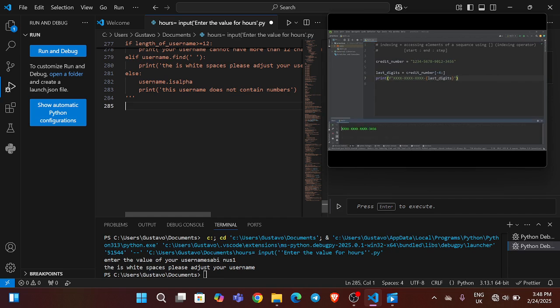Alright, and here's our credit card number, where only the last 4 digits are visible. Hey, you know what? Let's add one more exercise. Let's reverse the characters in the string. I'm going to reassign credit number